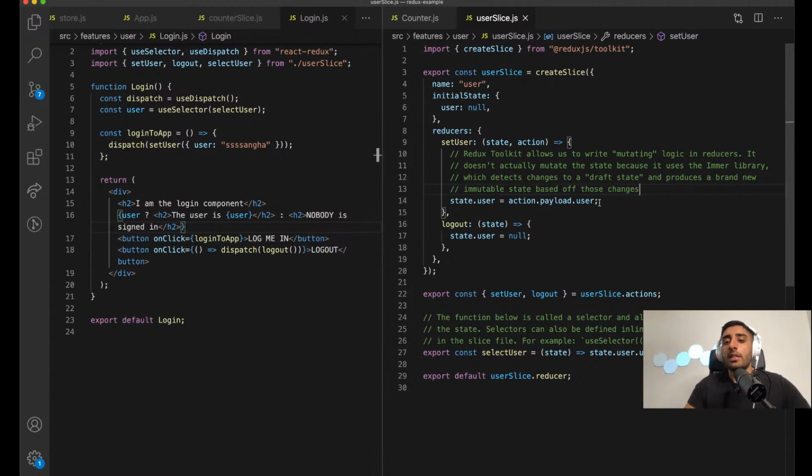There's a principle in functional programming called immutability, and the whole point of immutability is you never want to actually mutate an object and say this object should now be this new object, because what you're doing is overwriting the object. So we try to stay away from that, and we use something called